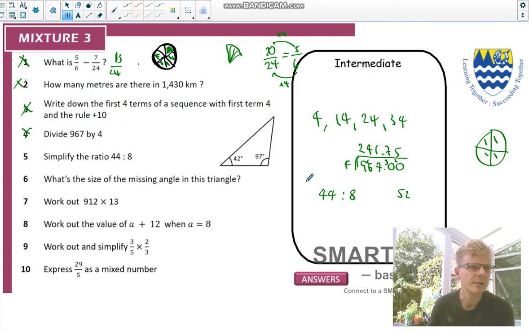So the way to do that is say, well, how small can I make this so that both numbers are still whole numbers? So what goes into both of these? Well, 4 goes into both of these numbers. So let's make both these numbers 4 times smaller. So we divide them by 4. So you see it's in proportion, whatever we do to one number we do to the other. That gives me a 2 and an 11. Okay. Is there another number that goes into both of